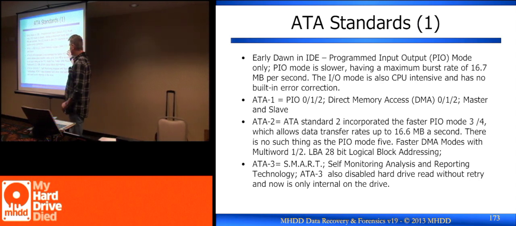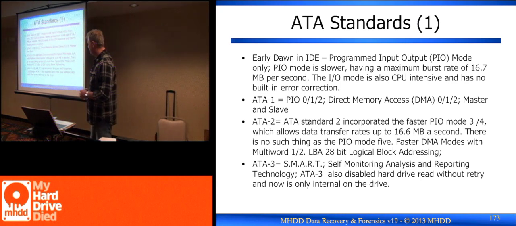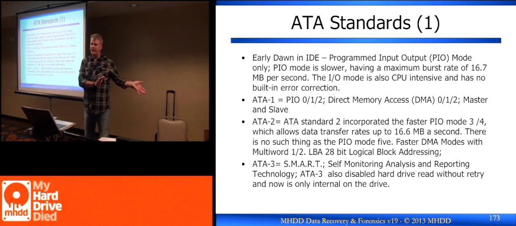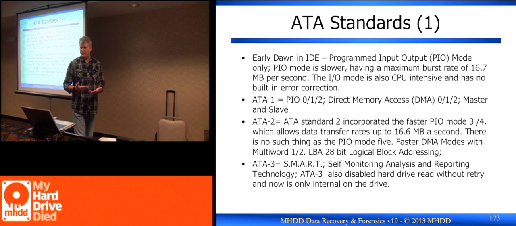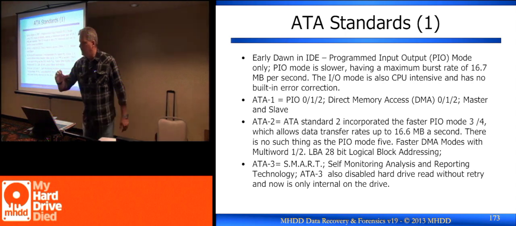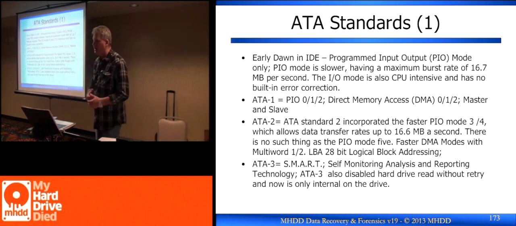So one of the biggest ones is when we move to DMA. When we move away from PIO mode, and having to write a piece of code for every single communication, we now move into a selection where we can actually transfer content, and this is about speed, through memory. We're basically doing a direct memory transfer without involving the CPU. Prior to this, all your commands would have to run through the CPU. So anything that you did that was programmed input-output mode ran through the CPU, and you would have to write a piece of code to do that. When we get to DMA, we now can evolve from a standpoint of not having to make that a processor-intensive item. We can now transfer data, and it makes it much, much faster.